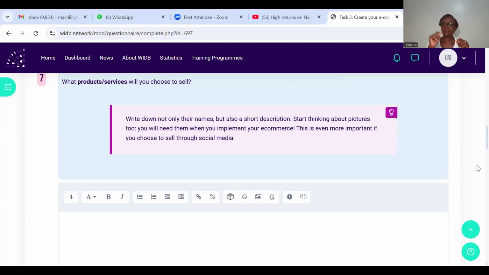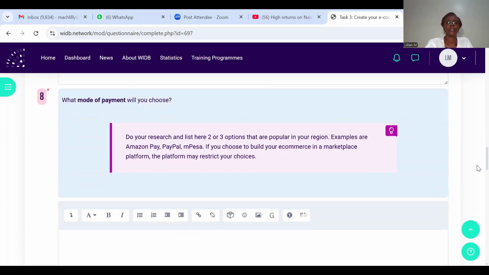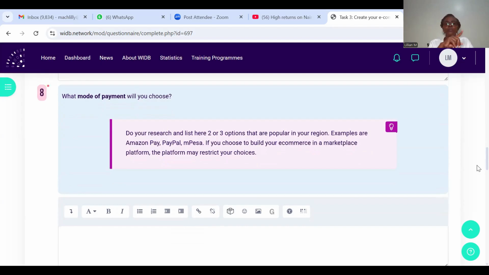So you write clothes, let's say summer wear for ladies or summer wear for ladies and gents, age this, because summer wear for me is very different from summer wear for a Gen Z. They are all clothes worn during summer, but mine will be very different from the ones for a Gen Z. So describe your product so that the day you want to really work on the catalog of your social media page, you're able to do it.